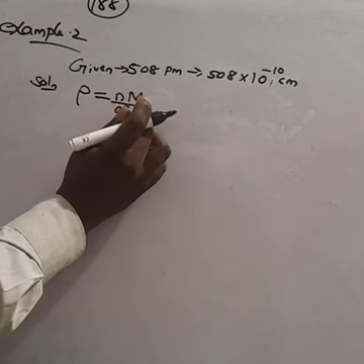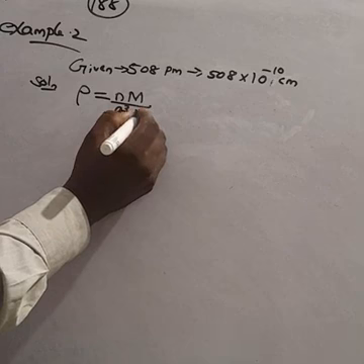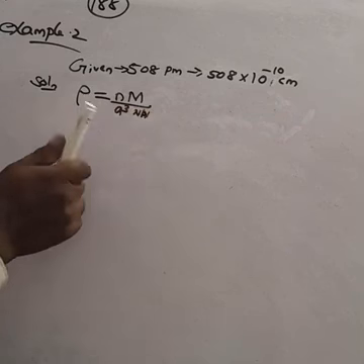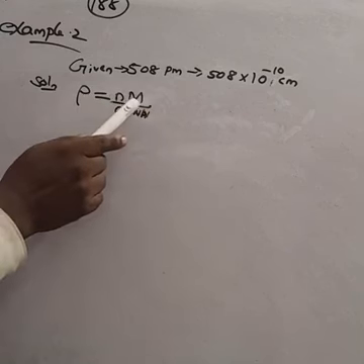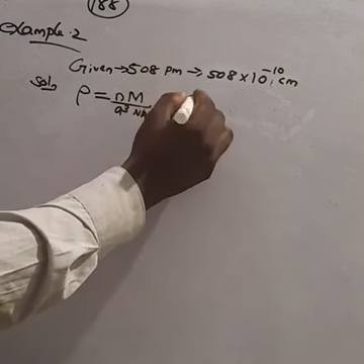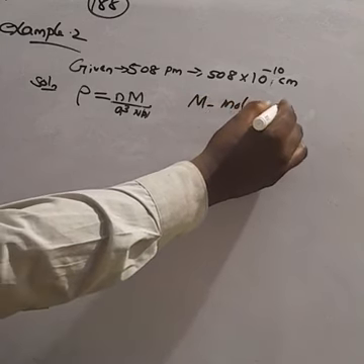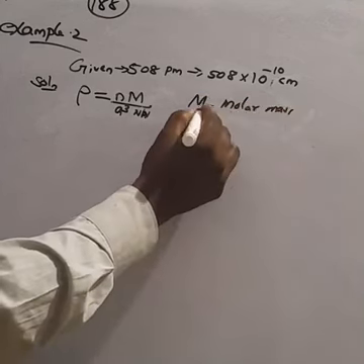Here n means the number of atoms per unit cell, M means the molar mass of barium, and a cube means